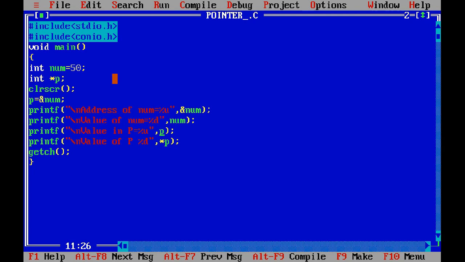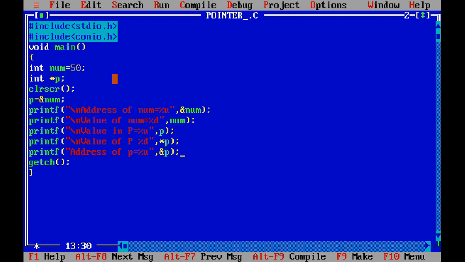Let's try one more thing, that is the address of p. Whether it is equal to num's address or not, we will see. Now we are printing the address of p. For address, %u is used, comma, address of p.